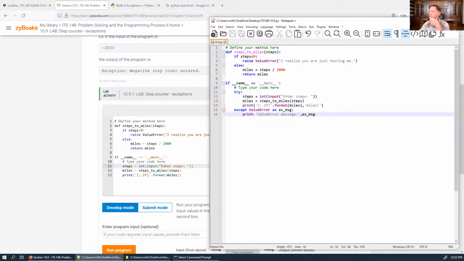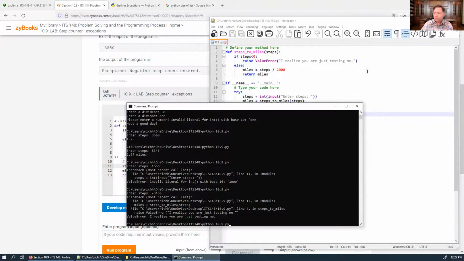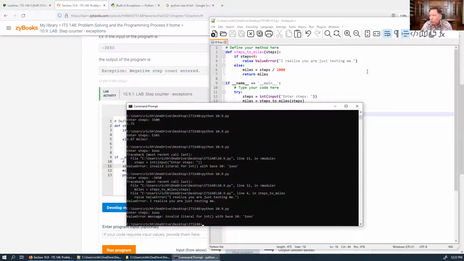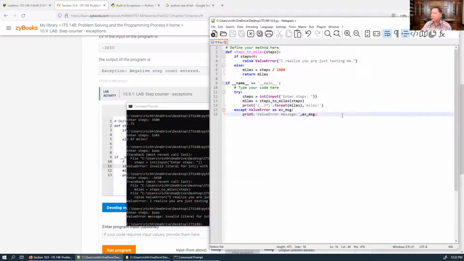Now, what does this do? All right, let's see. Enter steps 1000. Error message, invalid literal for O. I have to make it clear that life goes on. Print life goes on. Okay, so actually what I should have done is, without the try except,